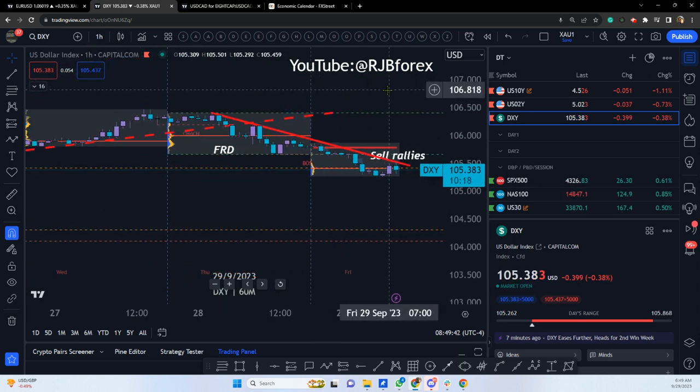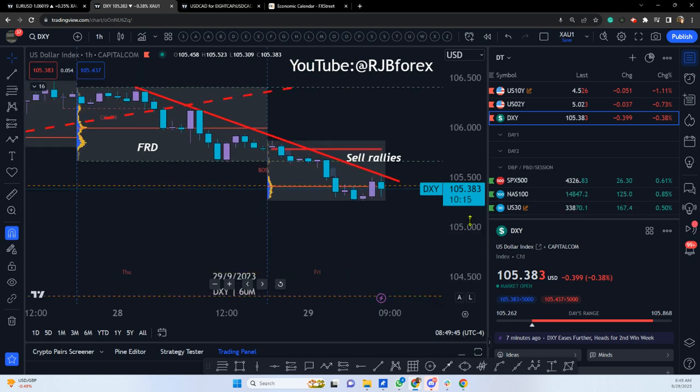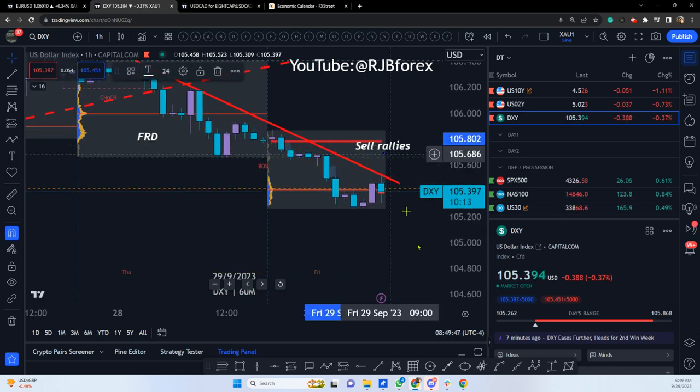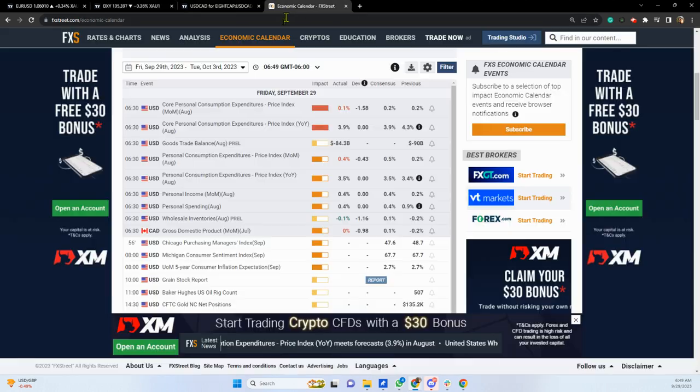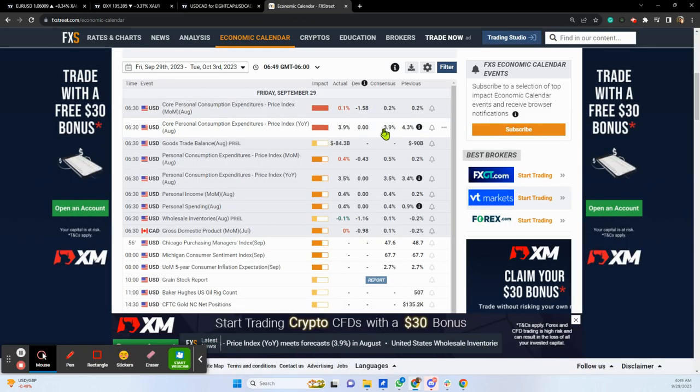Right, so we're just going to kick off then with the data that's come out. It was the first reading below 4% in a couple of years, a fair bit below the revised 4.3 from the prior, talking about the Fed's preferred inflation measure, PCE. So that has put a negative spin onto the dollar that was already suffering,